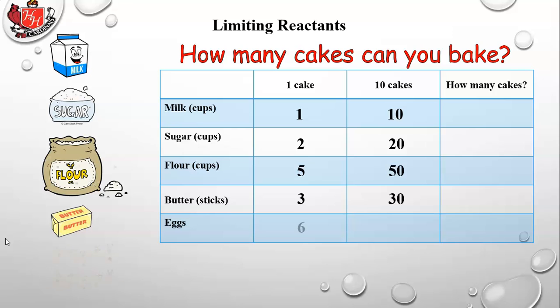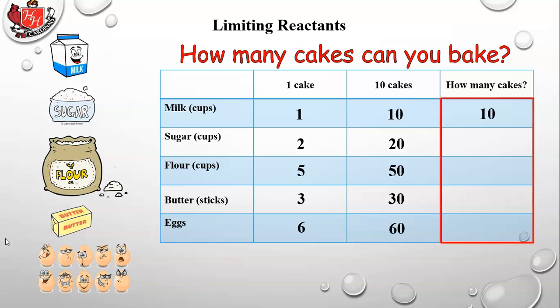And finally, to bake a cake, it takes 6 eggs. So to bake 10 cakes, it's going to take 60 eggs. Alright, so now I want you to tell me how many cakes you can bake with the following quantities of each of these ingredients. So we're going to give you